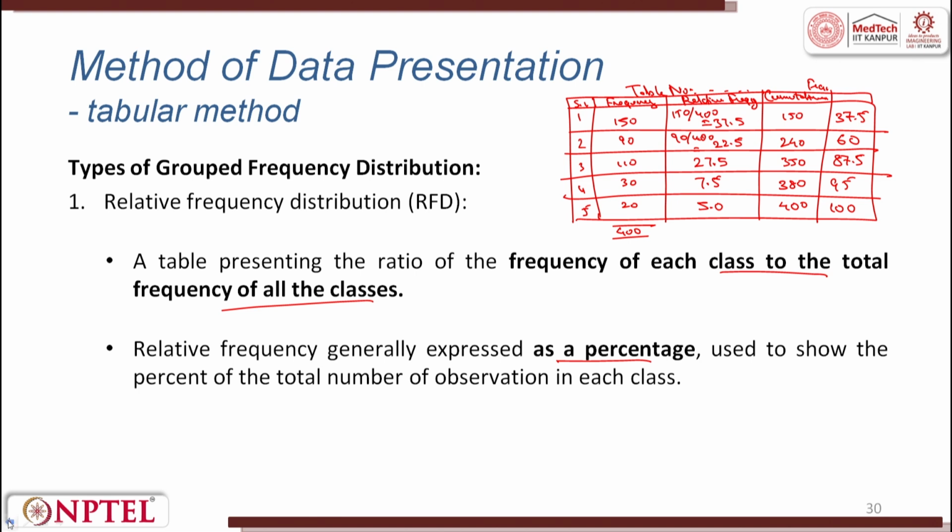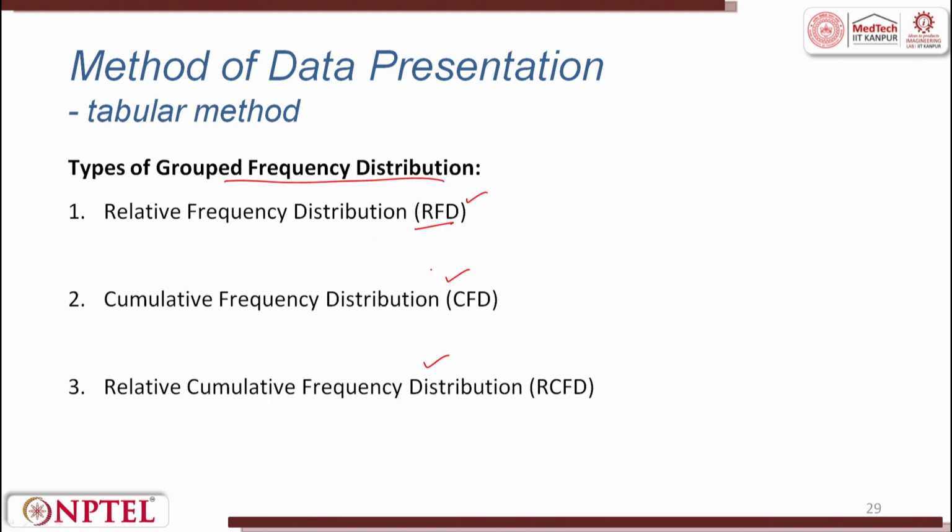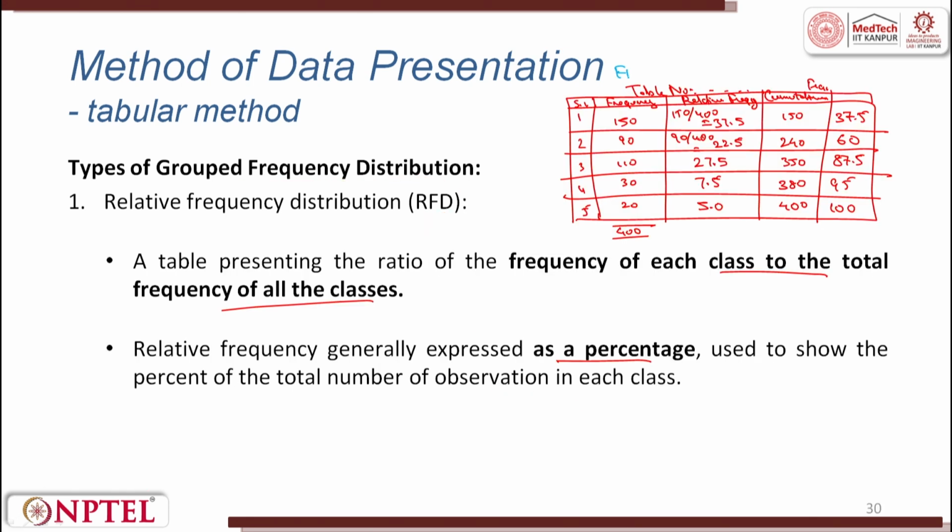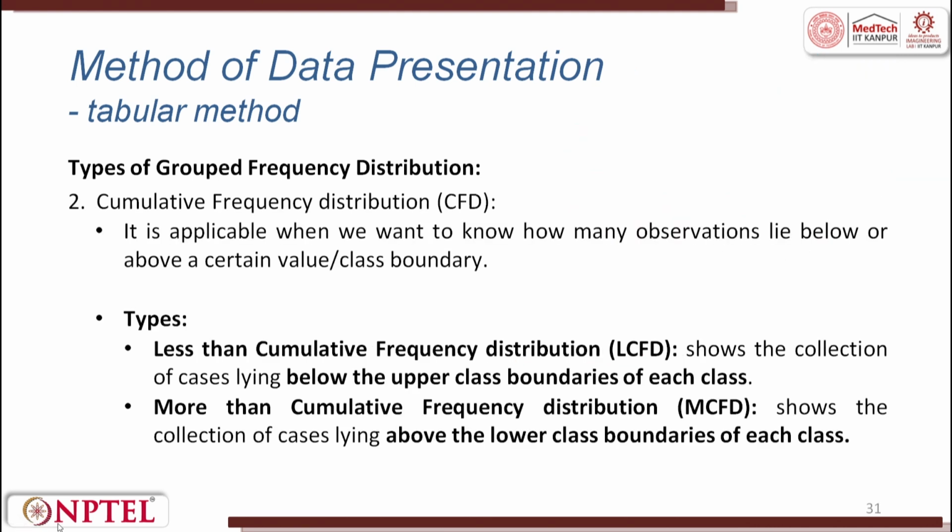So, I will put these here: RFT, relative frequency distribution, cumulative frequency distribution, relative cumulative frequency distribution. So, this is my frequency distribution, this is relative frequency distribution, this is cumulative frequency distribution, and this is relative cumulative frequency distribution in a tabular form. So, cumulative frequency distribution is applicable when we want to know how many observations lie below or above certain